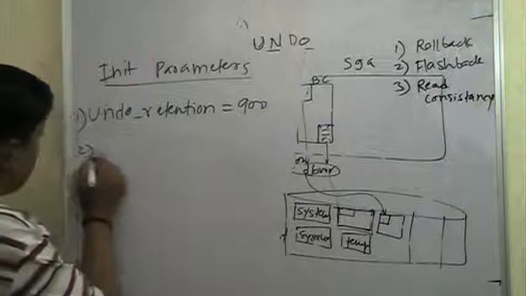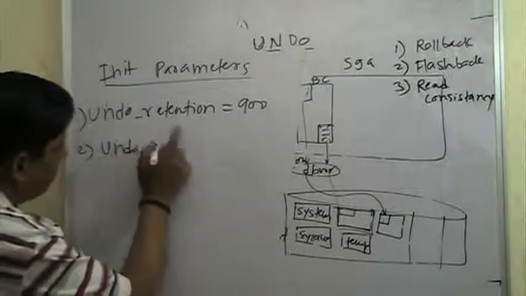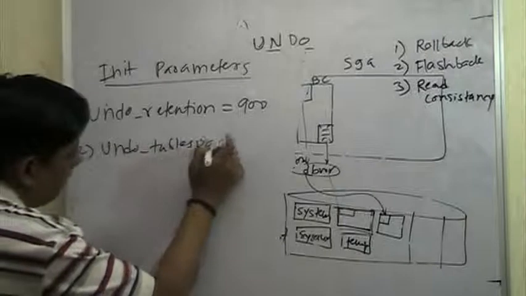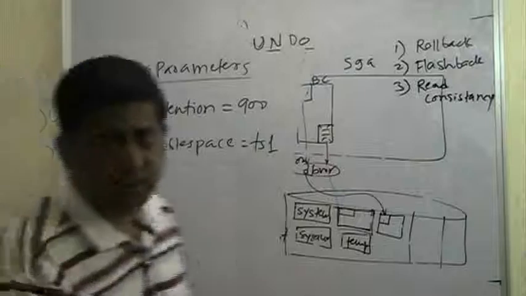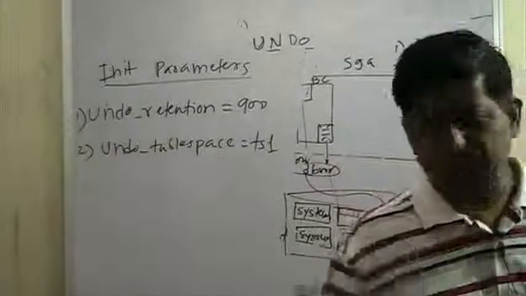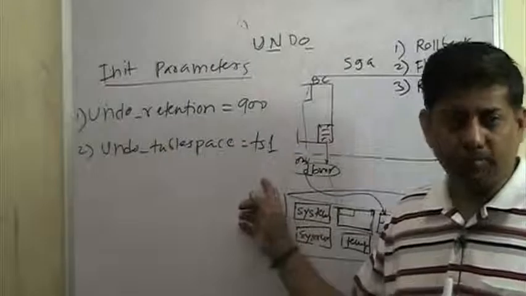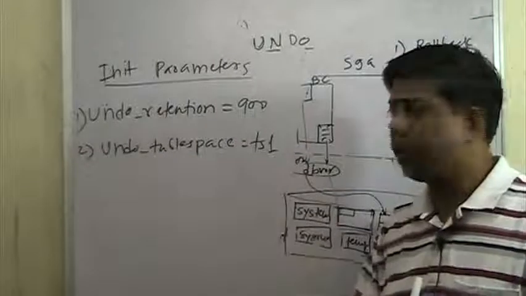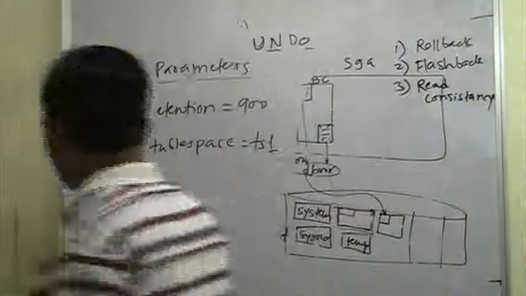Then the second parameter that we already know, when we created the database, was undo tablespace, the name of the tablespace. This has to be the undo tablespace that you create during the database creation or maybe a little later. This is where all the undo activity is going to happen. Then we are going to talk about